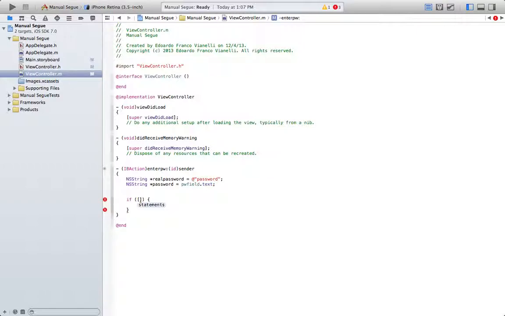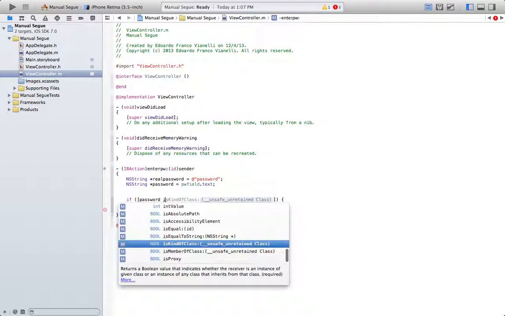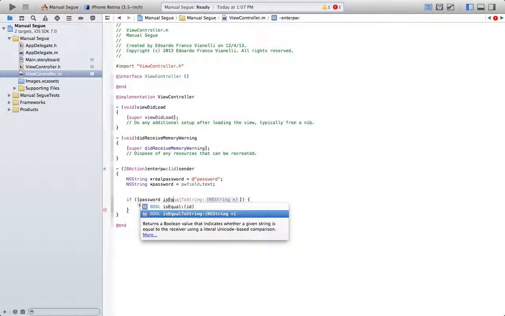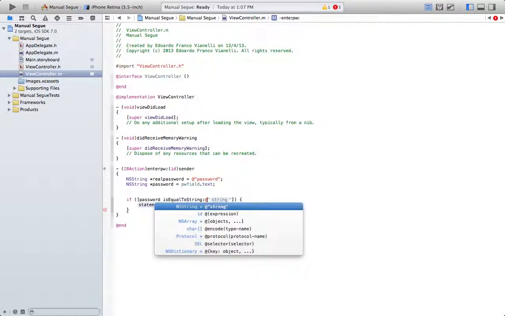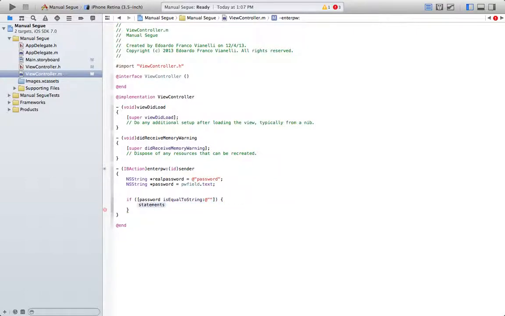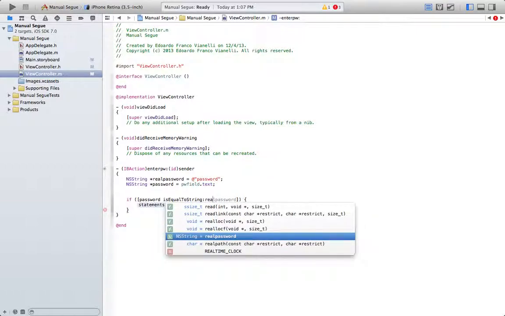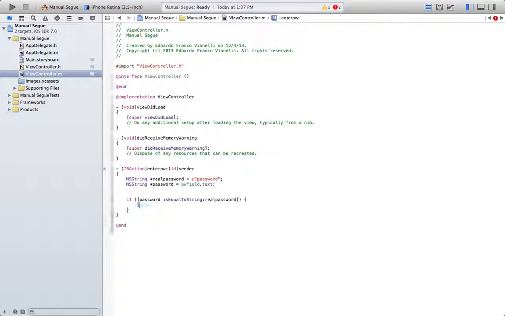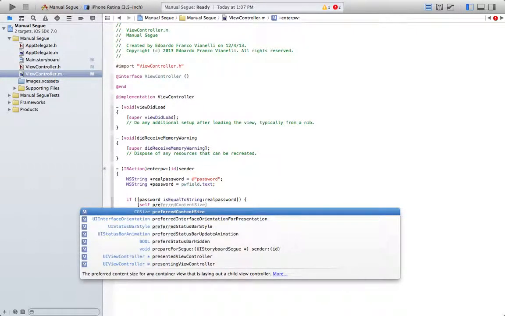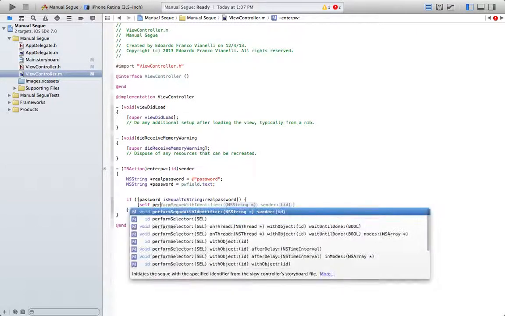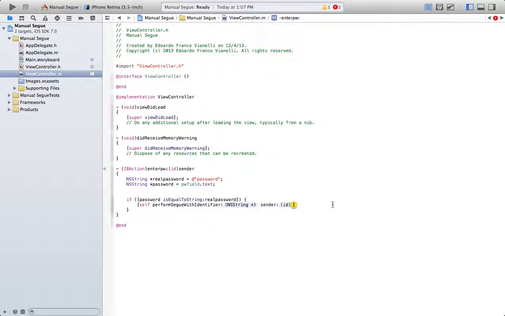So let's say if password is equal to string, real password, self perform segue with identifier, and then we go back to our view controller,